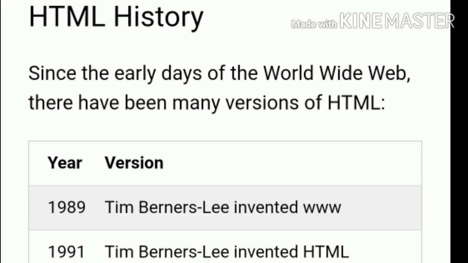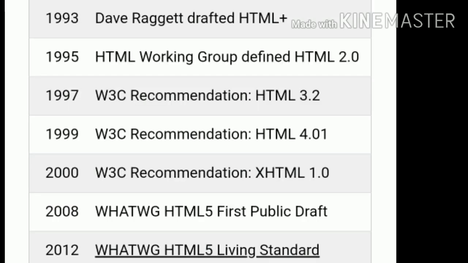In 2012, the WHATWG published the HTML5 living standard. In 2014, the W3C recommended the HTML5 version.